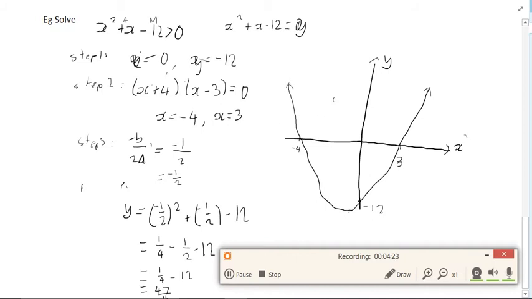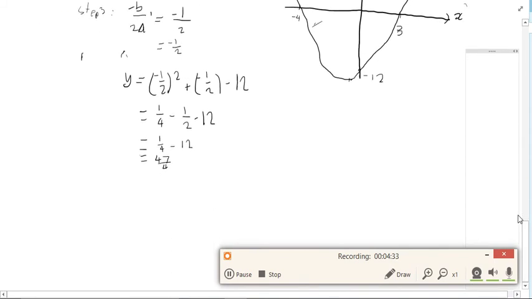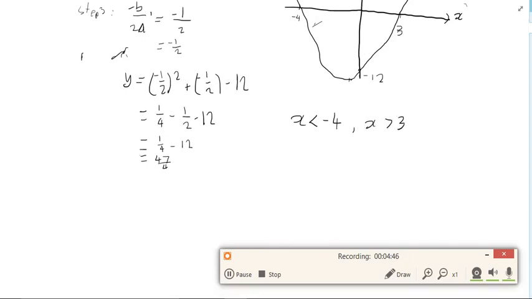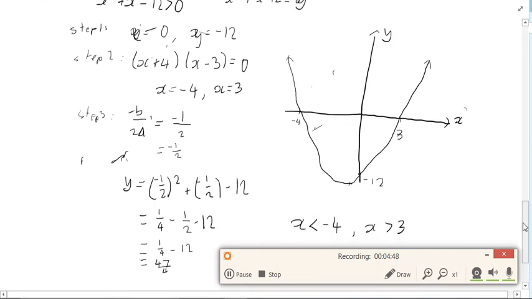Now, the question asks, where is x squared plus x minus 12 greater than 0? Well, it's greater than 0 when x is less than -4 or when x is greater than 3. So you can see that by looking at this graph here. The graph is greater than 0 at this point past here and this point past here. We'll go through